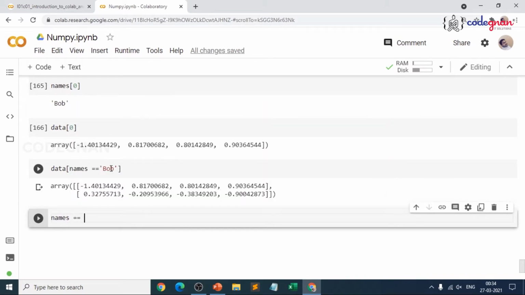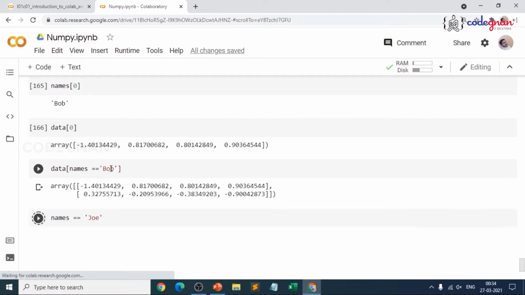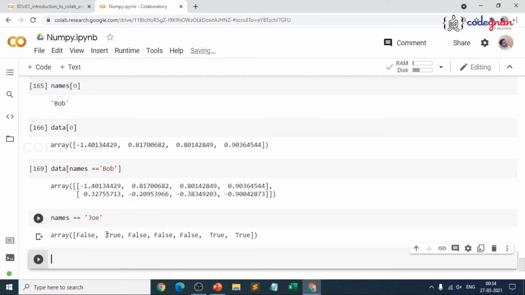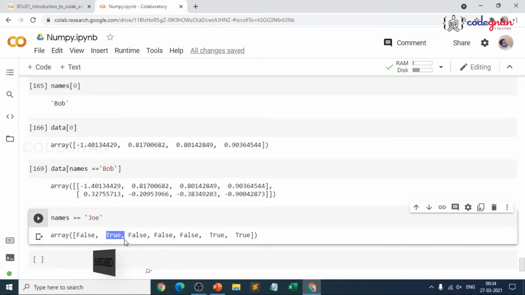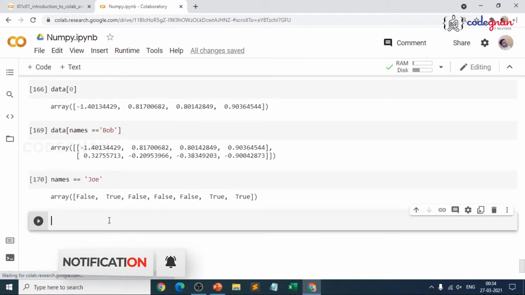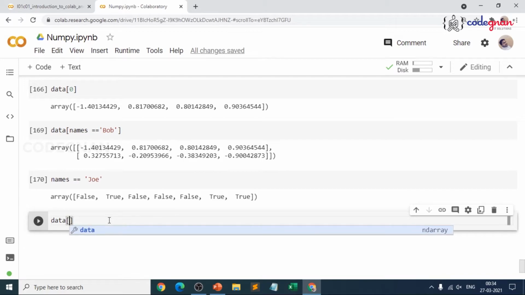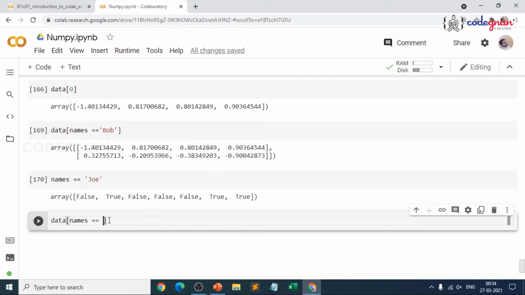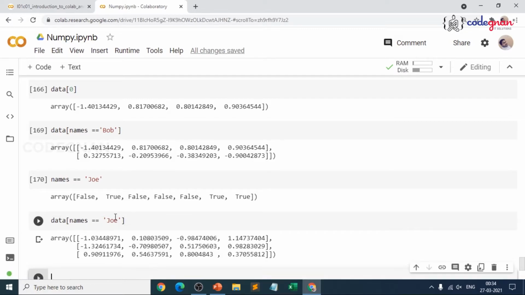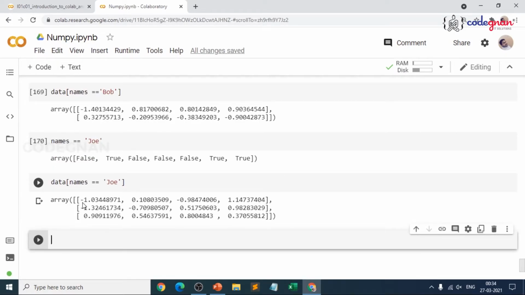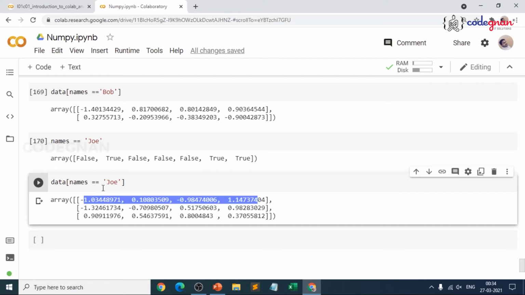In the same way, I want to compare Joe. Wherever I have the name Joe, it is only present at the first index and the last 2 indexes, right? The same process: data of names is equal to Joe, using the comparison operator equal to. So it is your second row and last 2 rows.